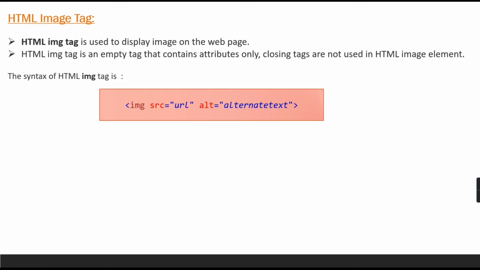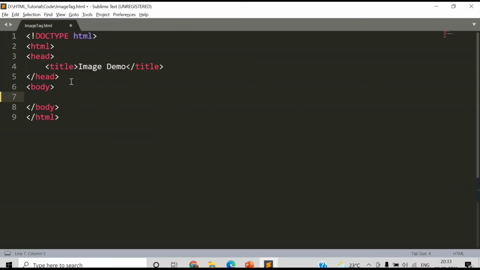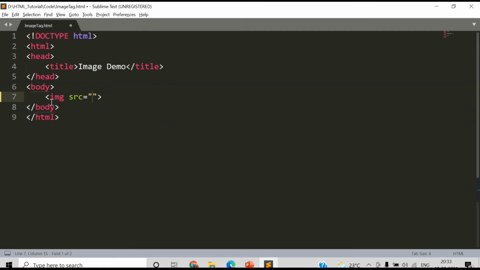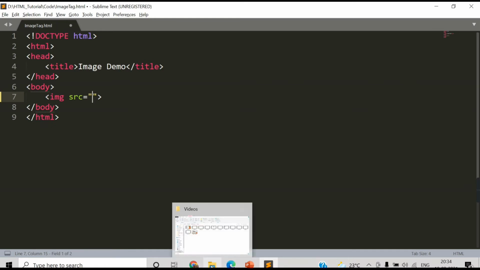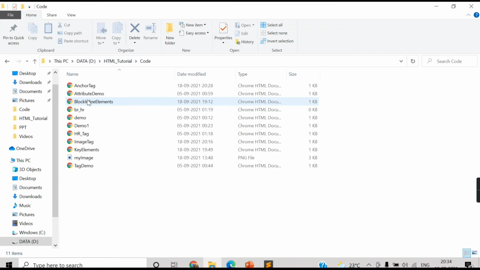So let's understand about the image tag through our code. So this is our image tag.html file, title image demo. Let's start with the image tag. Let's say img. See, the end tag is not provided. Source is one of the necessary attributes you need to provide. I have one image in my folder, same as where I am storing my code.